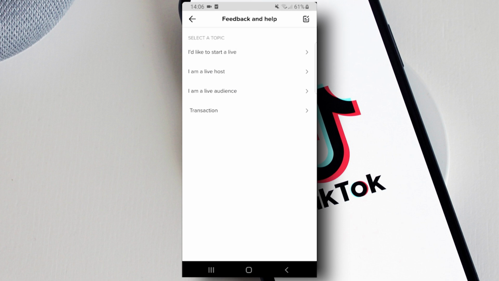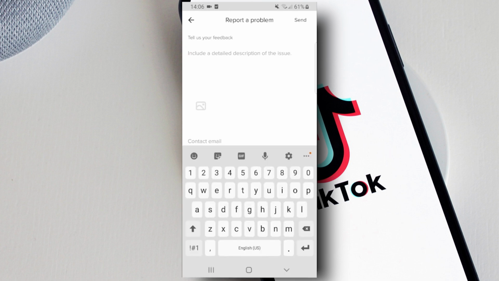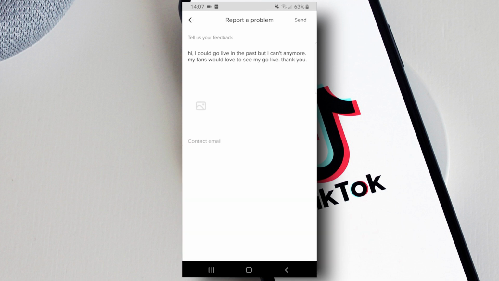Next, tap on I'd like to start a live. From the options below, tap on No and tap on Still have problems. Now in this section, you can actually send your feedback and also request that you want to go live. So what's going to happen is 2 days after you send this report, they will give you permission to go